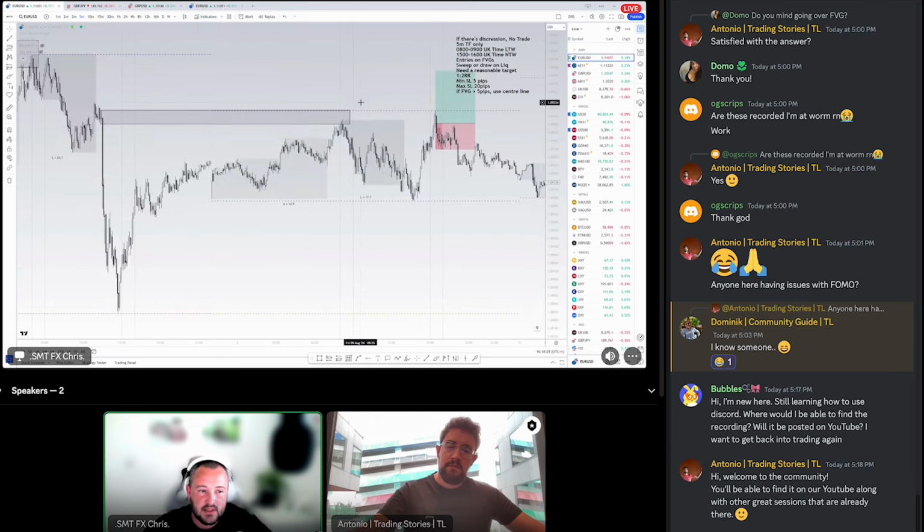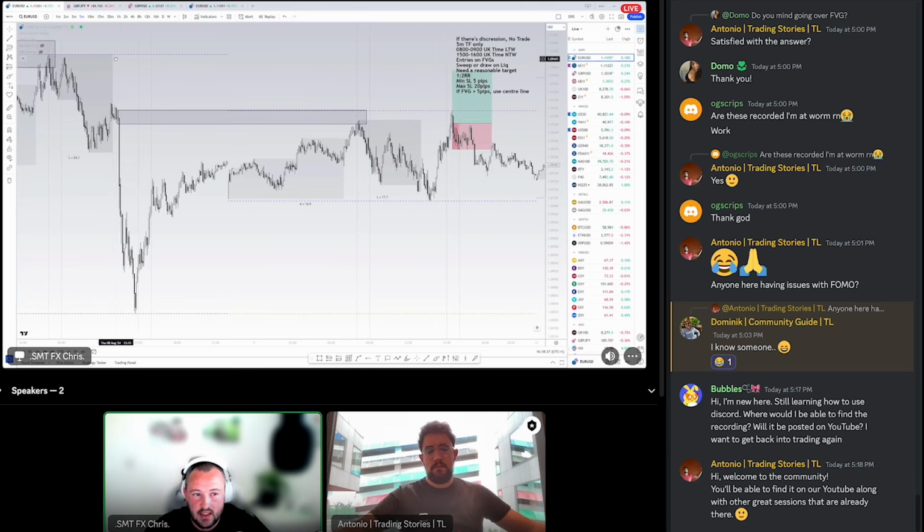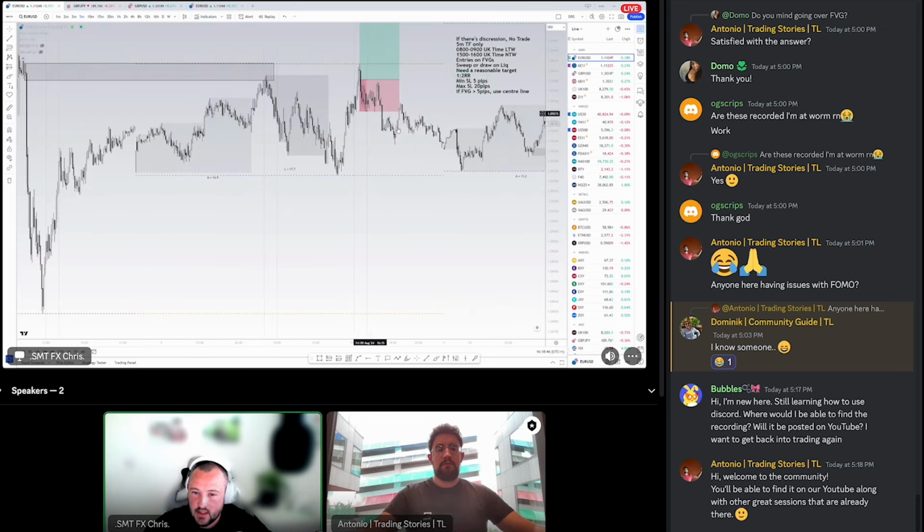Now, the particular target for this one, obviously we had that bullish momentum here. We had already dealt with that supply zone. I was targeting the daily high. The daily high here is these purple dotted lines just up here. That represents the high of that previous day. So that's what I was aiming for. That trade was a loss.